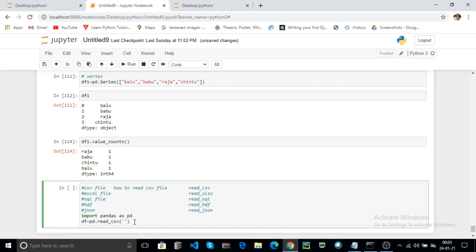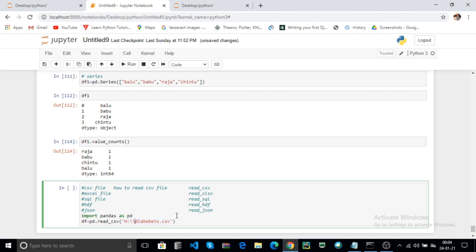If your CSV file is stored somewhere else, you can place the file name along with the file path. For example, your file is placed in the H drive. For example, H, you can pass your file name. For example, your file name is diabetes.csv. You can specify the path this way.